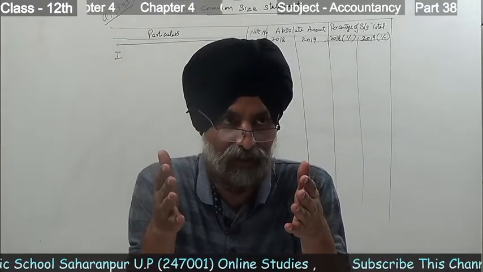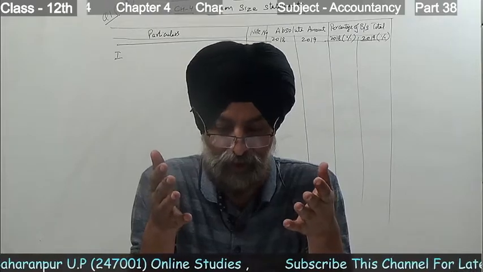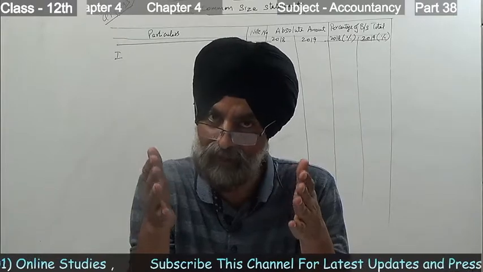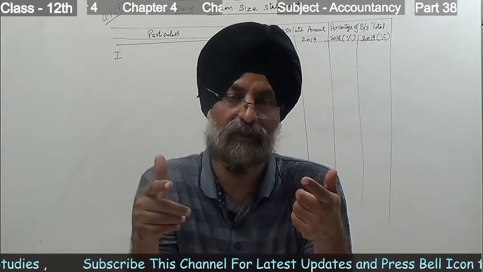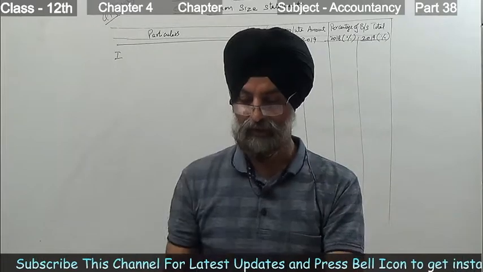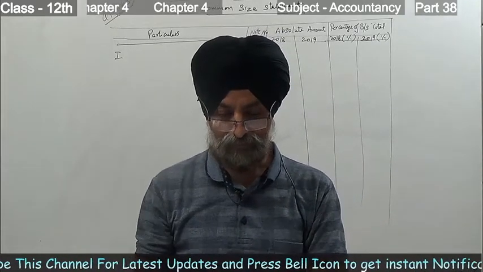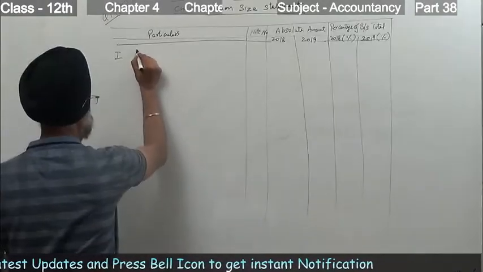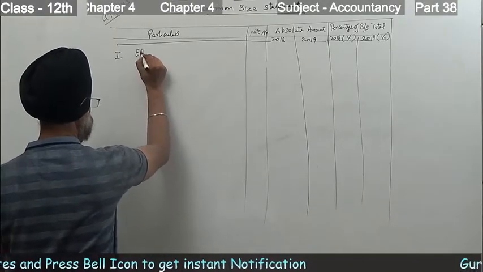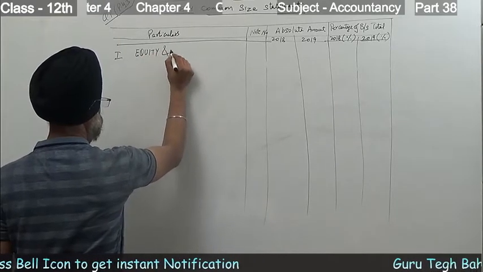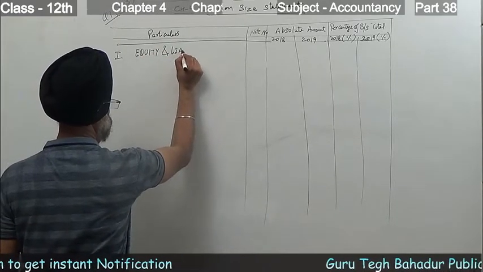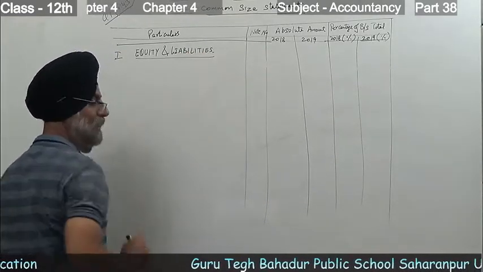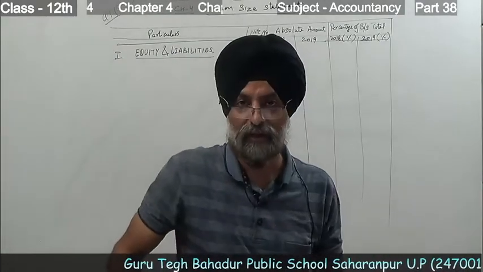In this common size, again we make common size balance sheet, and after this common size PL statement, ये सब चीज़ें हम बनाएंगे. First of all we have to make first common size balance sheet. In common size balance sheet, first point, again in balance sheet the first head, that is equity and liabilities. In equity and liabilities, our first head is shareholders fund.